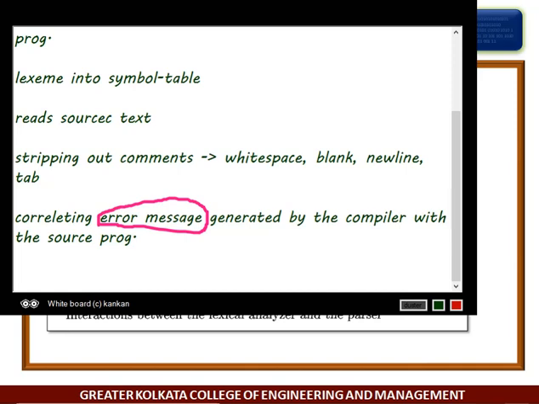For instance, the lexical analyzer may keep track of the number of new line characters seen, so it can associate a line number with each error message.